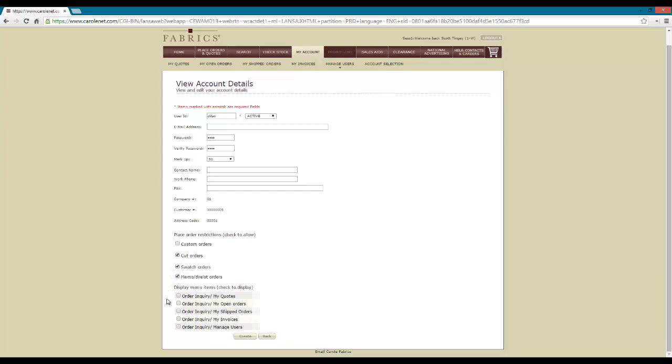Then, do I want him to be able to see order inquiry or quotes? Yeah, I'd like him to be able to see his quotes, let him look at open orders, look at shipped orders. Do I want him to look at invoices? No, probably not. And do I want him to be able to manage users? I'll leave that blank for now. So now that I've kind of set his profile, given him a password, all I do is hit create. And if I've done it correctly,